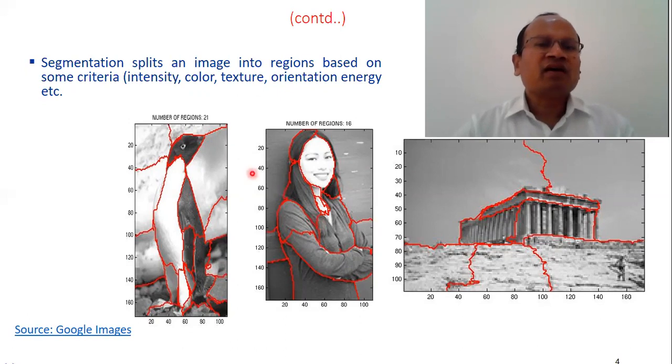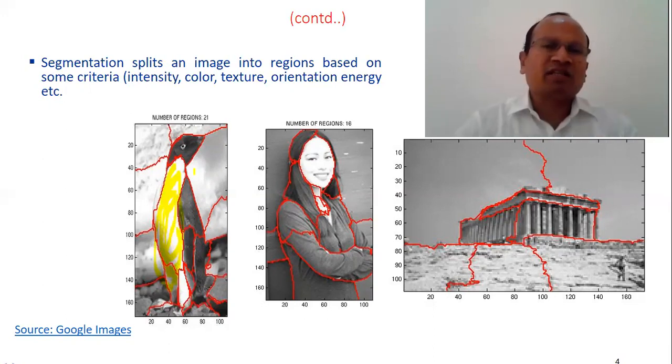Like you see here, this particular area, if I can use some highlighter, let me choose some highlighter. Can I choose here? Yeah, I can choose. See here, this entire area, look at here, I'm putting a yellow color here. See that this entire area is actually white color, and this is the bottom part of this object or the image. So therefore, it has been divided as the same region.